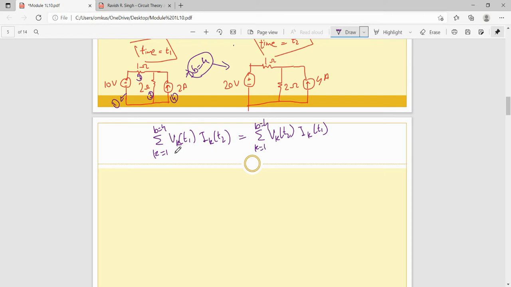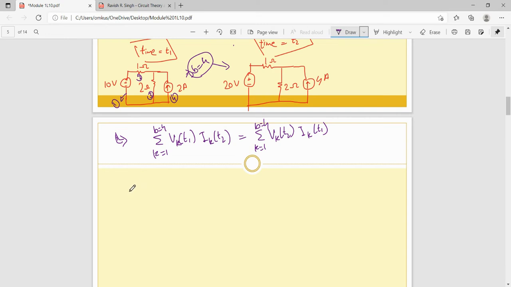Now see, if you calculate Tellegen's theorem for an individual circuit, you can use power delivered is equal to power absorbed, right? In that case it will also be valid, but when two conditions like this are given to you, then you will use this formula. At that time you need to use this formula, okay? So first of all, you need to calculate the current flow for each branch. First of all find the current flow for each branch for both circuits.